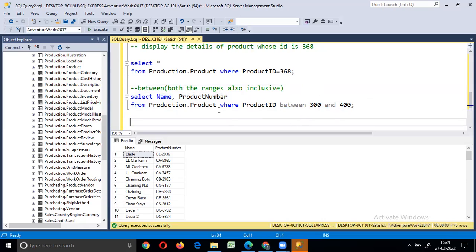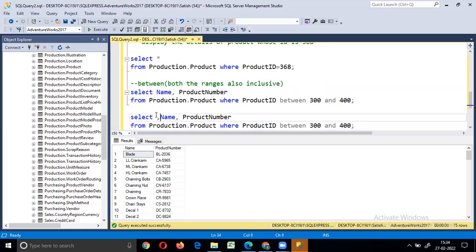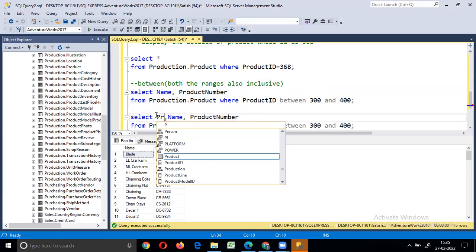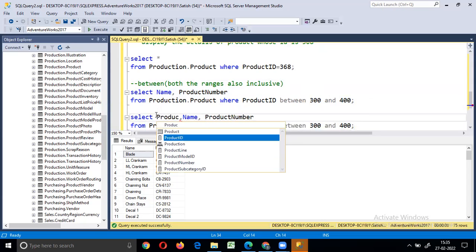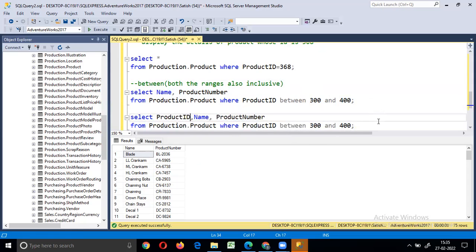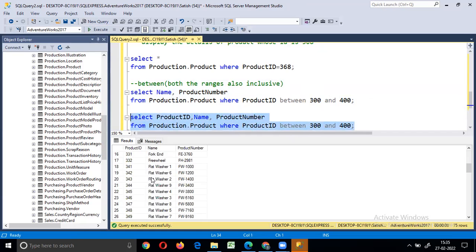So even now I would like to display the product ID. Even 400 is there, right? Here we have 400 because we don't have a product ID with 300, because of that it is not displaying. If it is there, it will display. So here we have 400, it is going to be displayed.